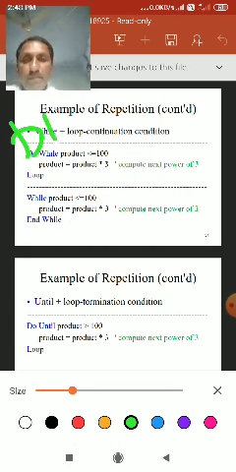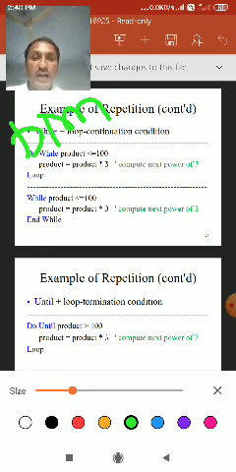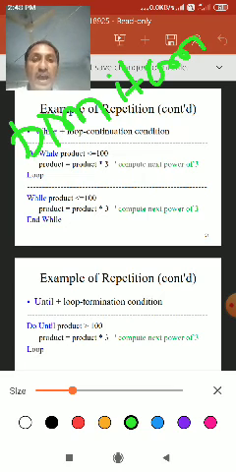So Dim is a keyword, and items As Array.